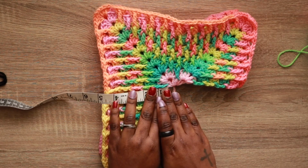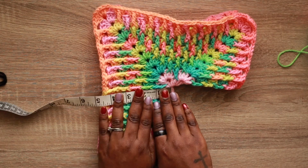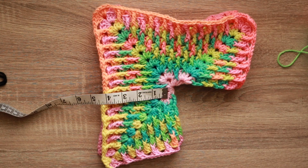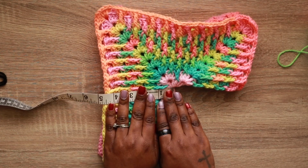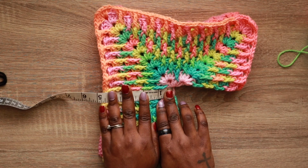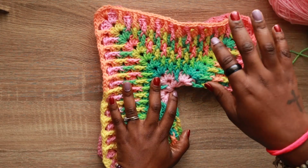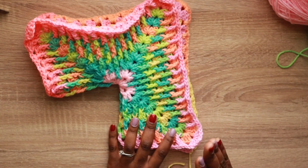So for a size 6 child, I need to be at 5 inches, and then I am going to do the last inch in my solid color. So you do your multicolor until you get to an inch or half an inch before your arm depth, and then you are going to switch to your solid color. So right now I was at like 4.5, so now I'm going to switch to my solid color, and I am going to do 2 rounds